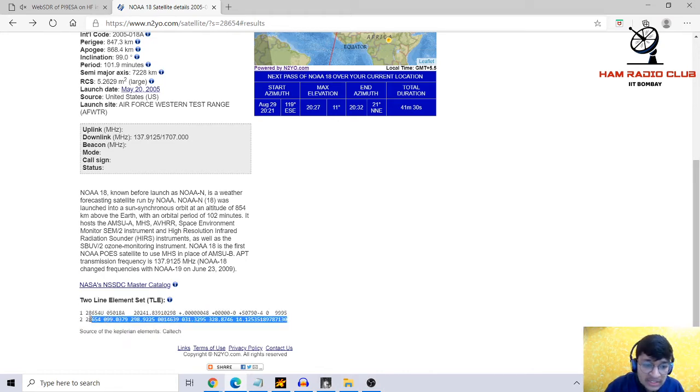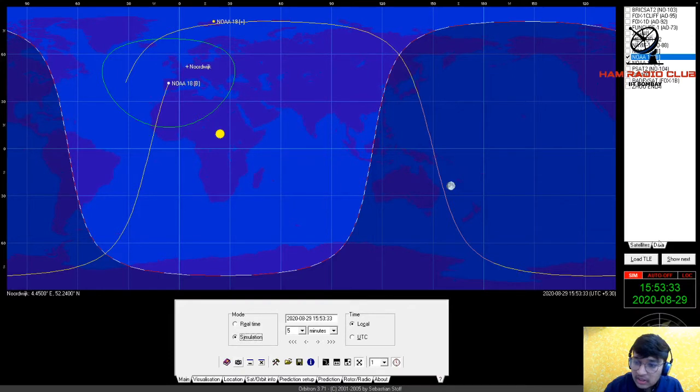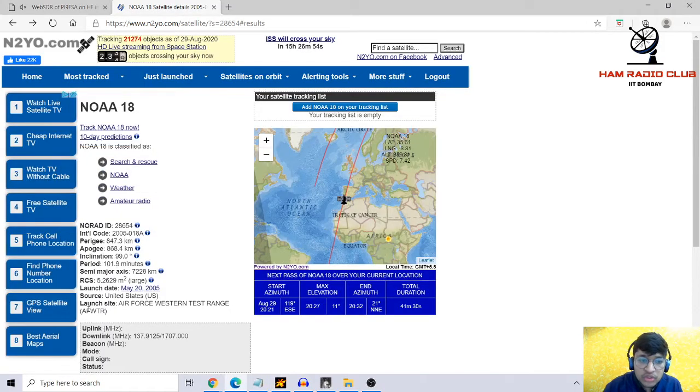So we copy this and we put it in Orbitron, and after that Orbitron shows the trajectory. So once we add it to our desktop and we load TLE, then we will be able to do this. I am not showing this Orbitron in detail because N2YO is pretty easier than this, and that can be used by you in the first place.